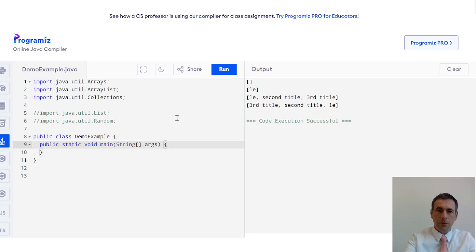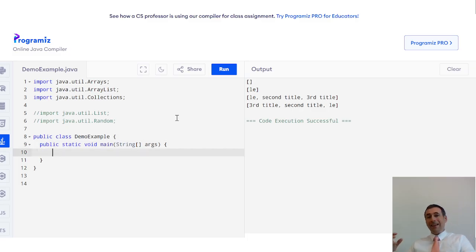Again, I delete everything, and I'm trying to recall from memory how we could do this. So obviously we need to tell that this is an ArrayList, and if these will be names of, say, songs or books, whatever, it is going to be String,